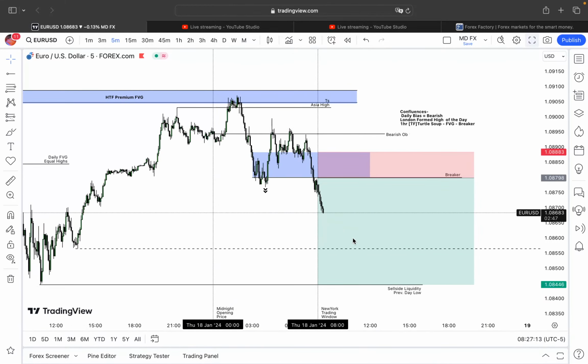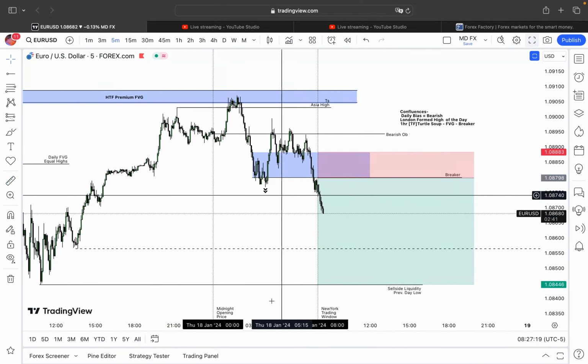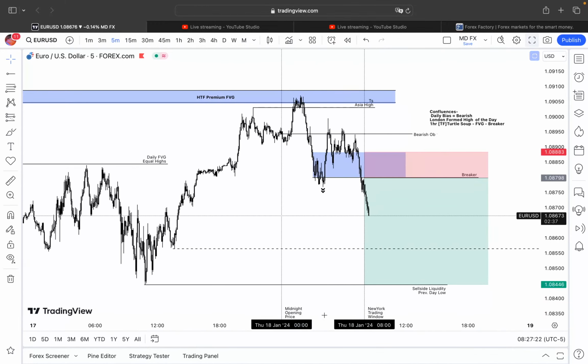Usually by this time I don't really expect any retracement. I just enter my trade from where they are and then I call it wraps. But I think because of this news release it's going to give us a little bit of retracement, then sell. I don't know, we would see.